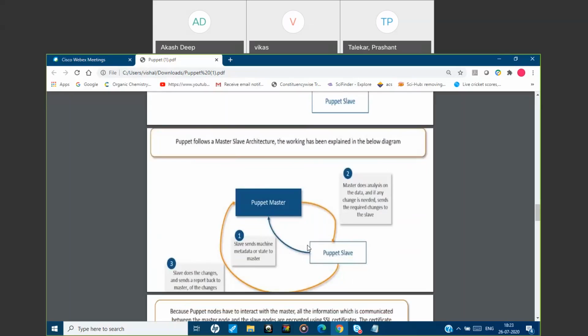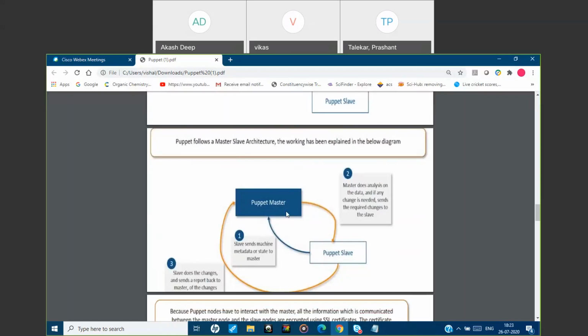So if you have PHP 5.0 on your master, and the same PHP 5.0 on the slave, in that case the state of the two servers is the same. You can think of it in this way. If the puppet master has PHP 5.0 configured, and in the slave also the configuration of PHP is 5.0, the state of these two servers is the same.